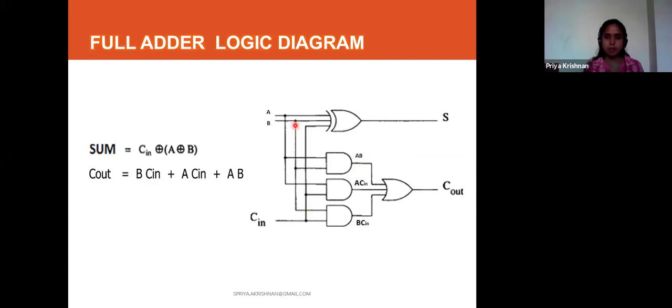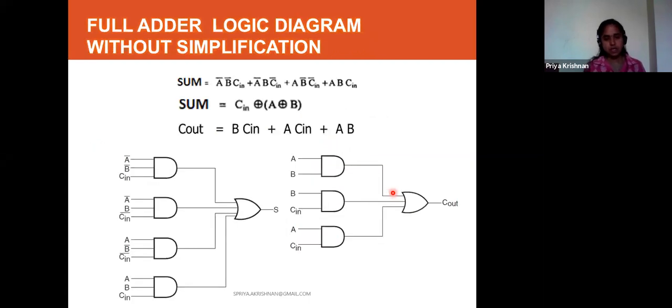So it is B dot C in. Yes, so this is how it is designed. So with 3 inputs and 2 outputs, how many gates are we using totally? 1, 2, 3, 4, 5 gates. So totally 5 gates are used here to design a full adder.